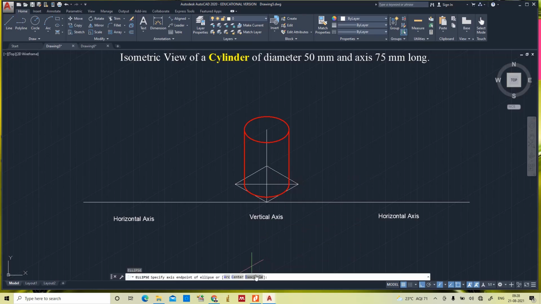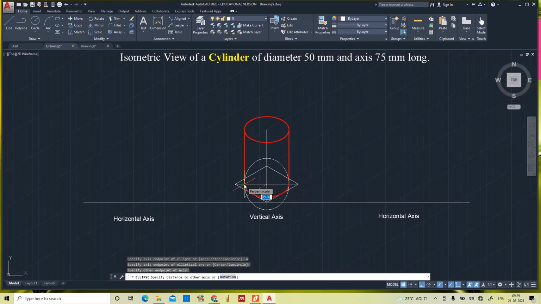Isocircle means we will get the complete circle, but we need an arc of 180 degrees, so that is why I am choosing arc. After choosing arc, it asks to specify the axis end point. First I take the end point of the elliptical arc as this one, and then it asks to specify the other end point. I am going to choose this one.